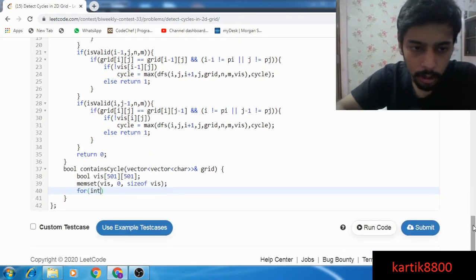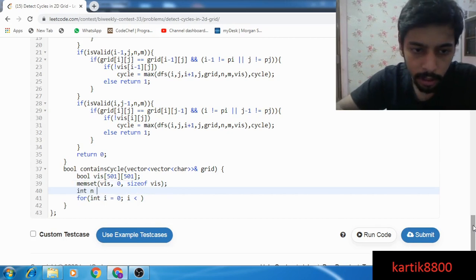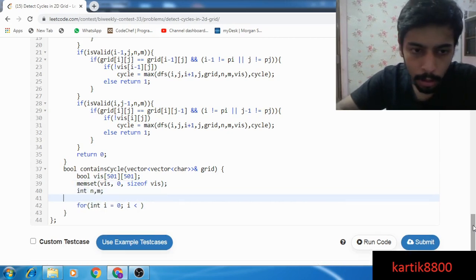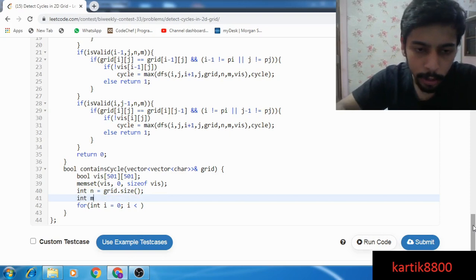Simply loop through all the elements. Let me find integer n comma m. n is going to be grid dot size, the number of rows, and m is going to be grid at 0 dot size, the number of columns.